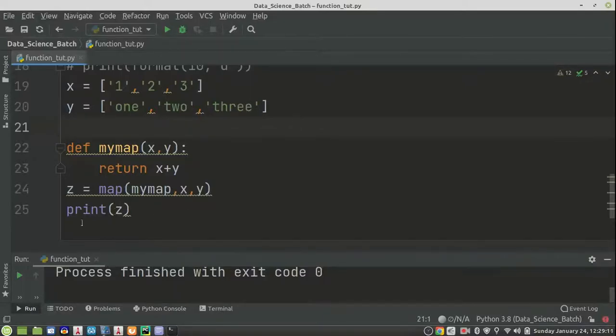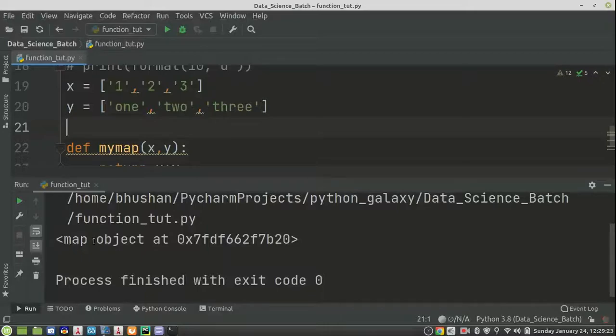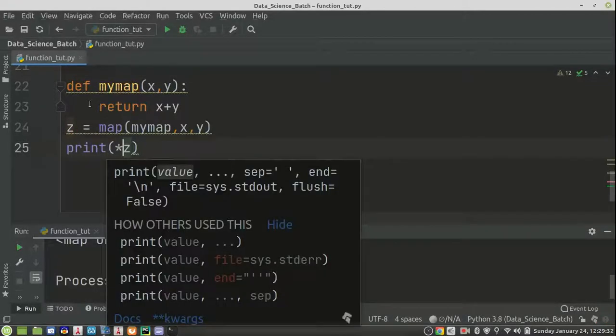Now here we are trying to print the value of z, and as soon as I run it, okay, we got the map object. We need to unpack this object. To unpack this object, you can even use a for loop.